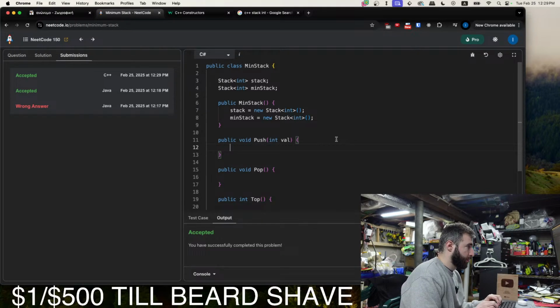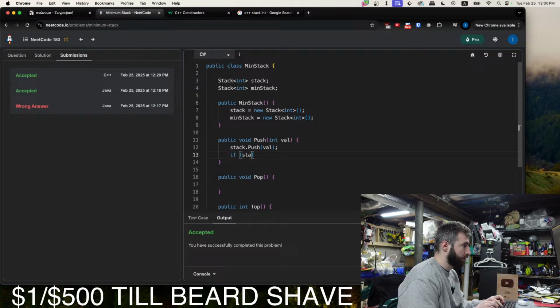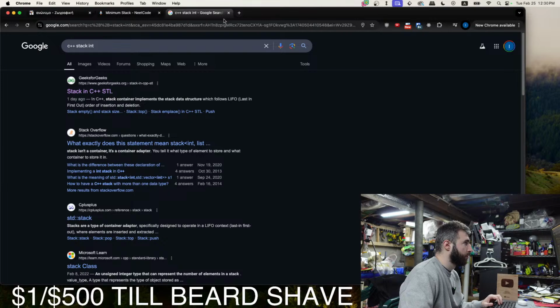So now when we push, the same logic, just written in C#. Stack.push val, if min stack dot, let's see what the functions are in C#.